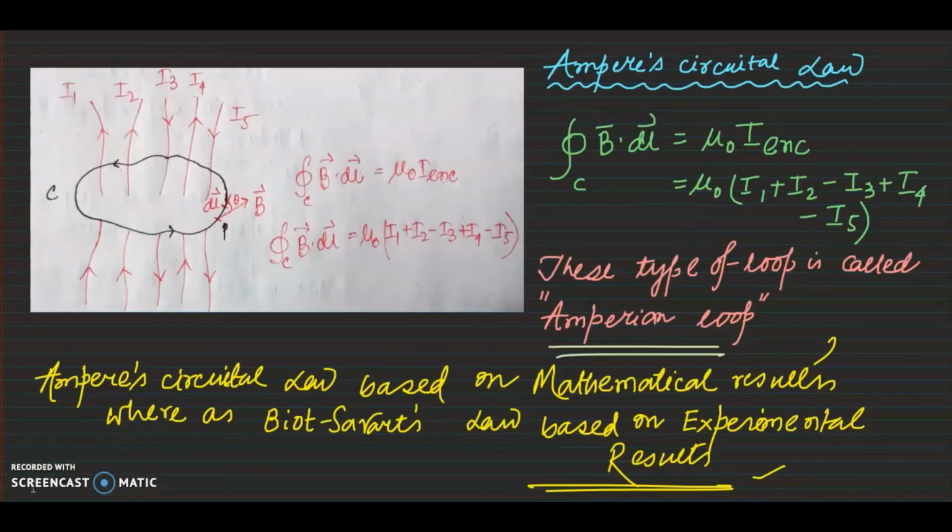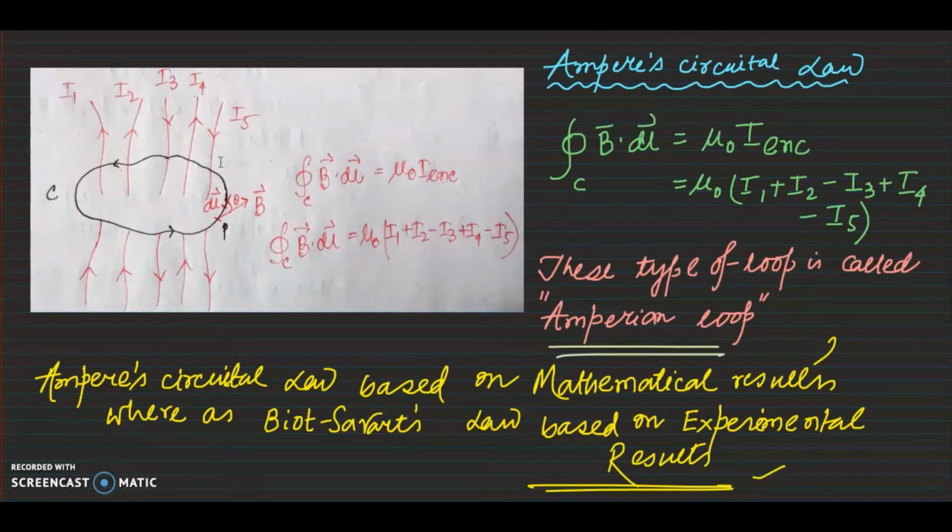Now we will discuss the Ampere circuital law. This law is used to calculate the magnetic field due to a current distribution. Yes, we can also get the same thing using the Biot-Savart law, but we use the Ampere circuital law for cases of high symmetry. So now let's discuss this law. This is the Ampere circuital law.